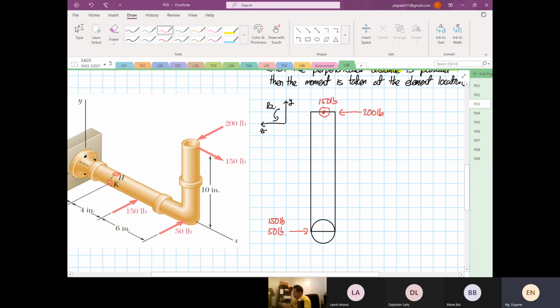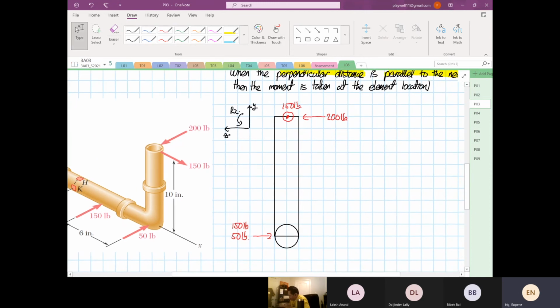So if you look at the 150 pounds, I mean, all the load we have analyzed before, but there's one we have not. Okay, and this is the one that is doing this. So we have this distance over here. Okay, wait. We have this distance from here to. We have analyzed it before, but we have to analyze it again, and I'm going to explain to you why. Okay, so if we look at this distance over here,